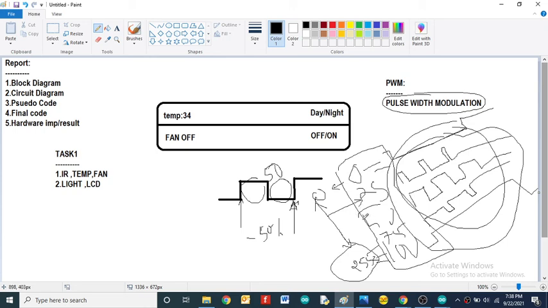Now if I want to turn on with 50%, we have to use 127, because 255 divided by 2 is 127. So this is the value for setting the intensity to 50%. Like that we can decrement this value, and internally it will work like that.